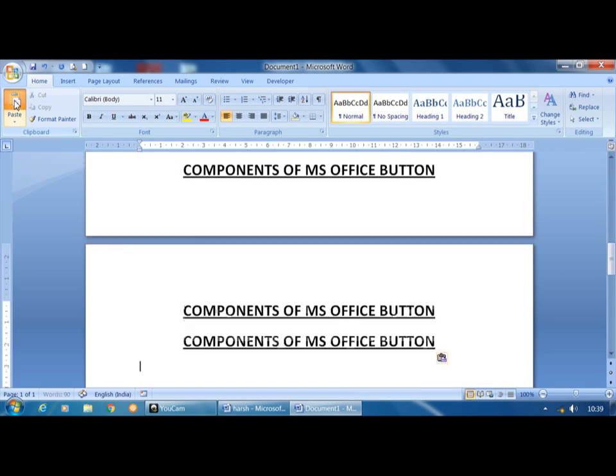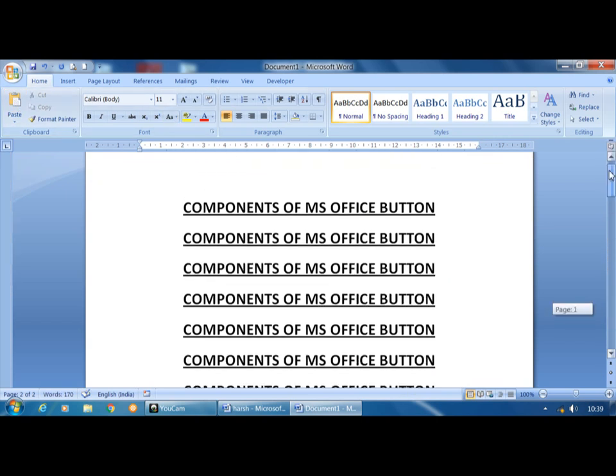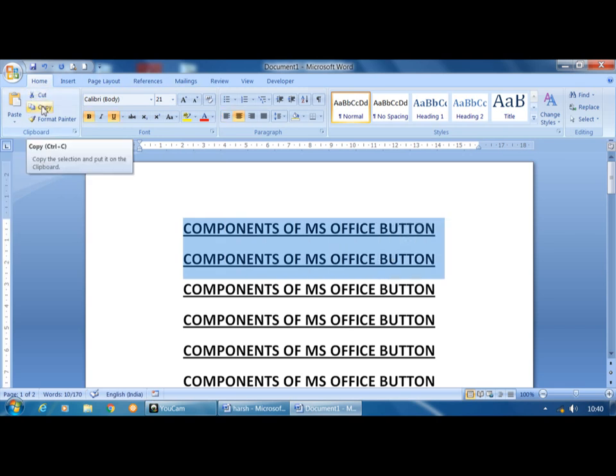It pastes the entire text a number of times. It is not possible to use the Cut, Copy and Paste options at a time. Once you select the text, only then the Cut and Copy options will be activated. See here, if I select the text, automatically these two options are activated.